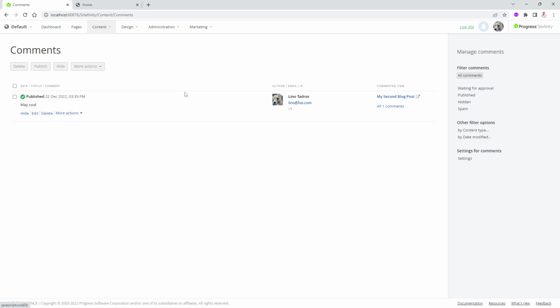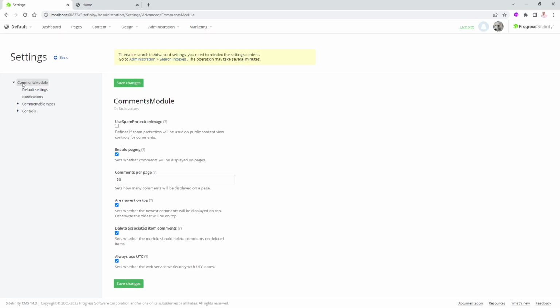I can always get back to the settings page. Notice it's still available in here on the side. It says settings, and I can change my settings as well on the comments. For this specific one, let's go ahead and change from comments to be reviews and see how it will work. So if I click on settings in here, and we will go back to the administrator settings, and now we're in the comments module. I'm going to leave everything like this in here, but I'm going to go down to default